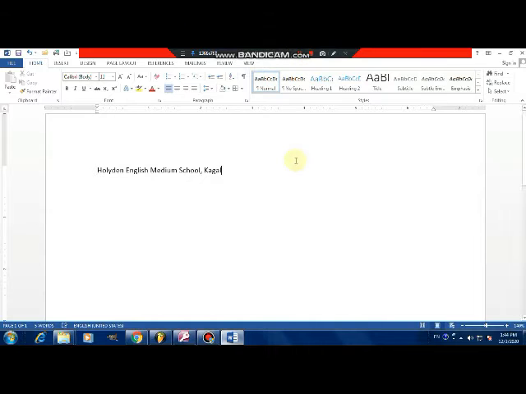So how do we go to the next line? The cursor is blinking at the beginning of this line, and now we have to go to the next line. You just have to press the Enter key. Enter is the key on the keyboard, and it is repeated one more time on the number pad. You can use either one of these to go to the next line.